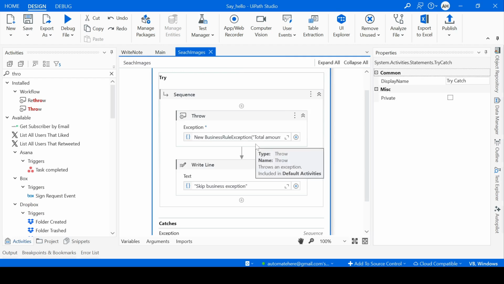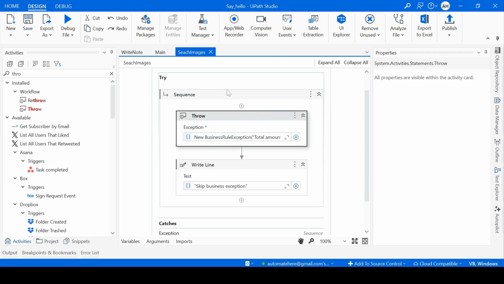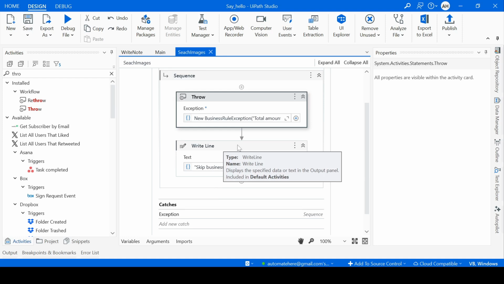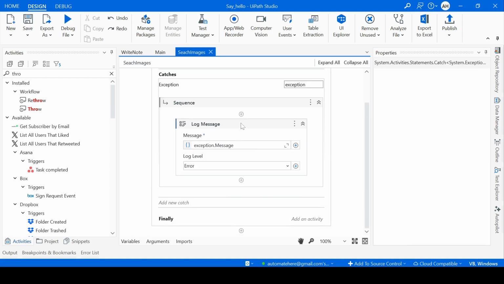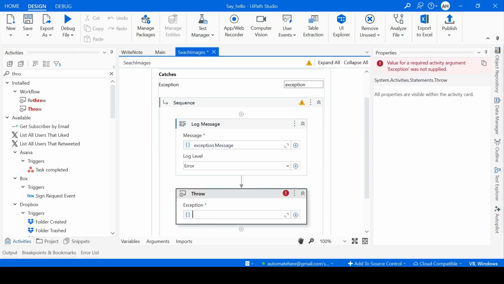Now here, I want to tell you one more scenario of throw, in what scenario we can use the throw. Now think that in this try, you are searching something on Chrome, okay? But you are not able to, the selector is not found, right? So in the catch, we'll get a message that selector is not found, and then some technical information which might not be useful for the user. So what we want to do is show the user a simple message that he or she can understand easily. So instead of giving this error message, we can use this throw activity, and we can define the error here,